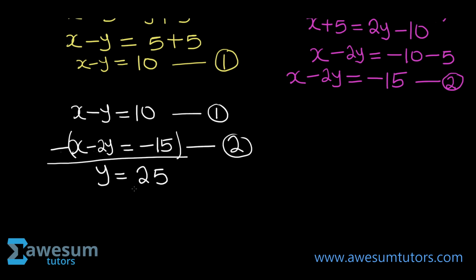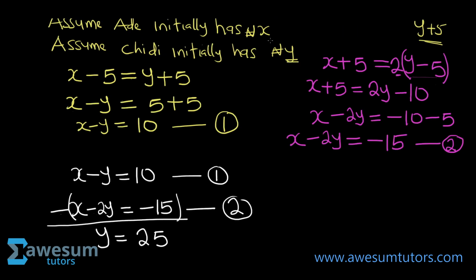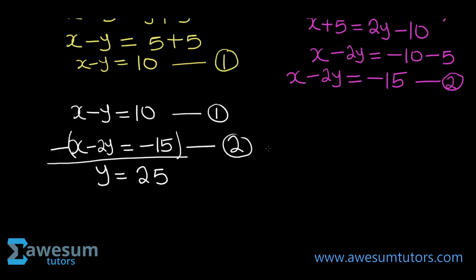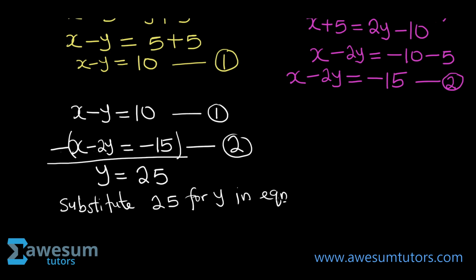Therefore, Chidi, remember we said Chidi is Y. That means Chidi has 25 naira initially. But let's go ahead to find out what Ade has initially. So we can substitute 25 for Y in equation. We can use any of the equations. I would like to use 1 because that's easier to use. In equation 1, equation 1 is X minus Y